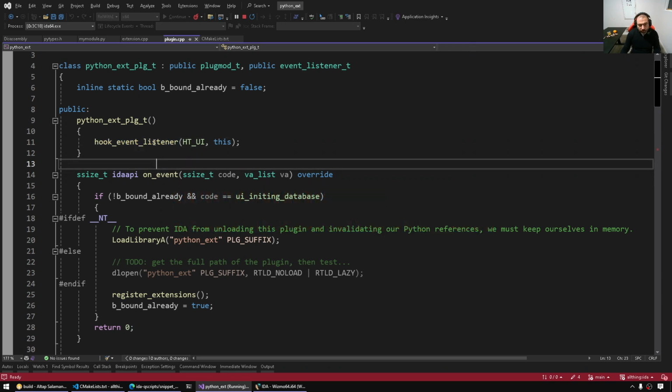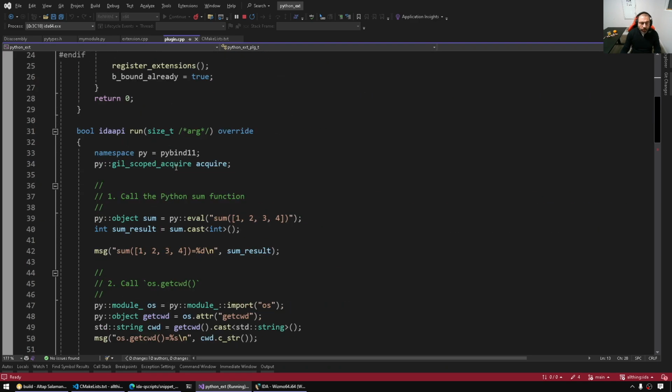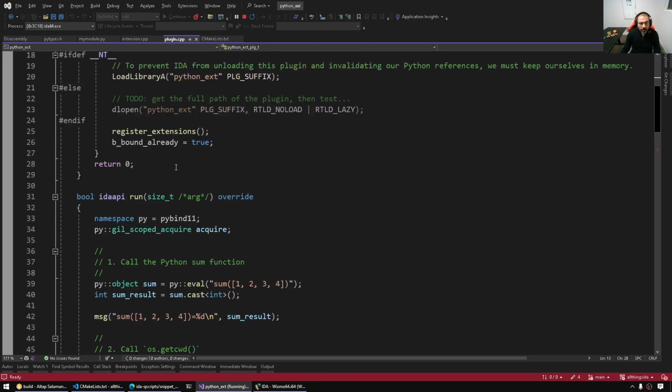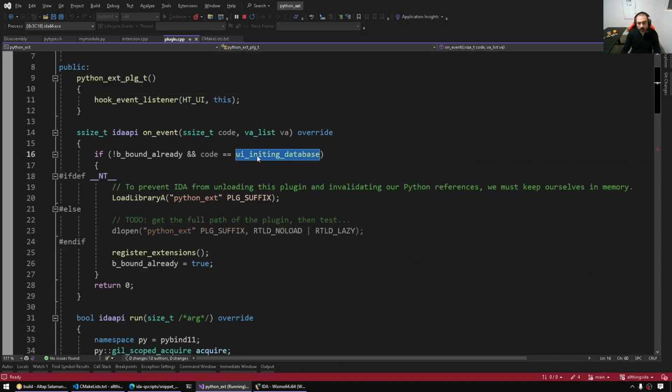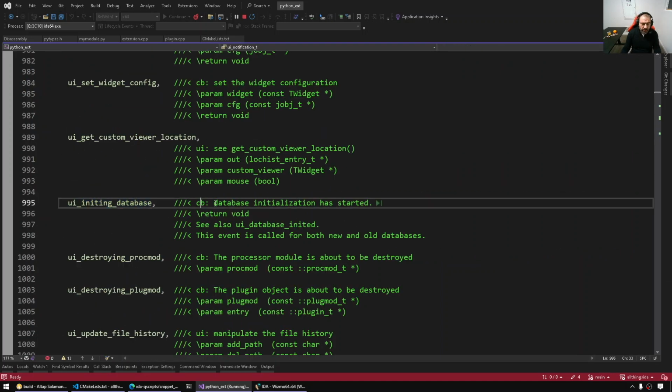Why did I need to hook for an event listener here? It is because IDA by design will load IDAPython first. After that, I want to wait for IDAPython to be fully initialized. If we look at the IDAPython sources, we'll see that even IDAPython itself does not fully initialize until it receives the UI initting database notification, which simply says